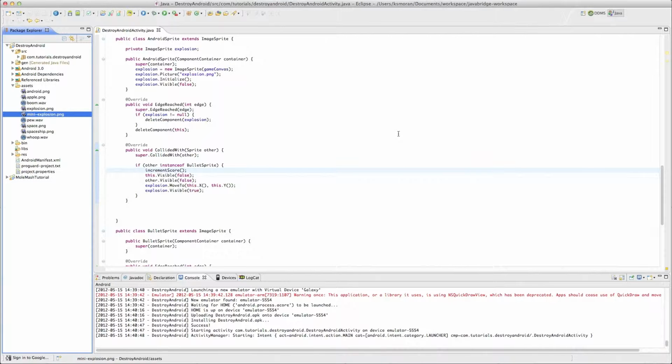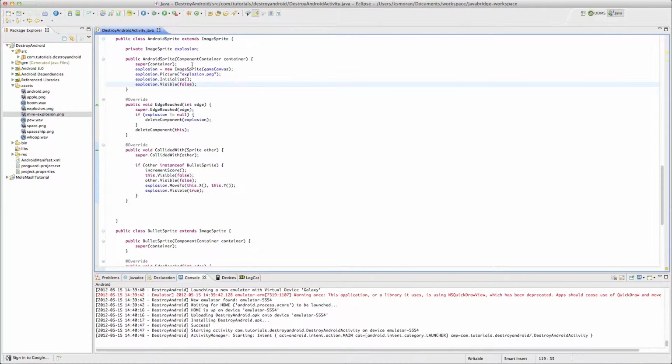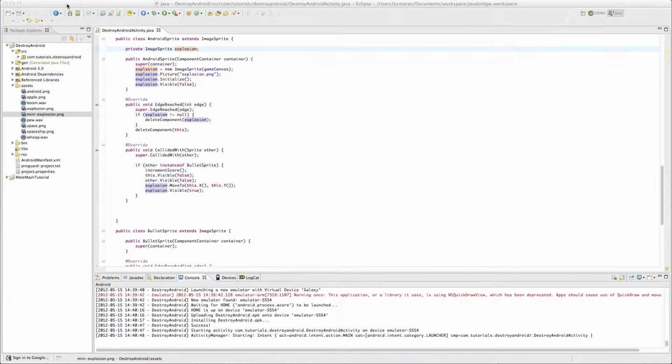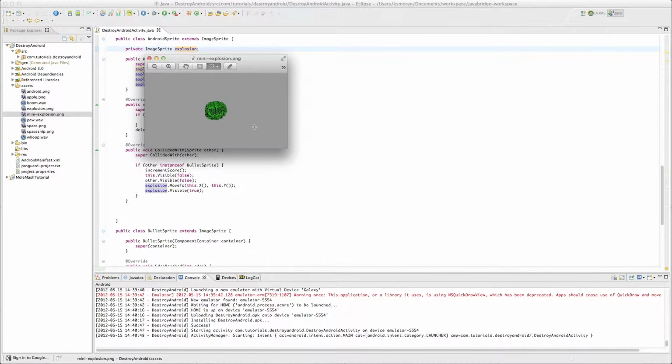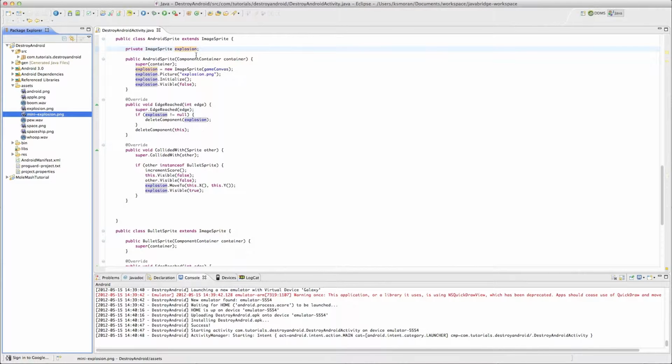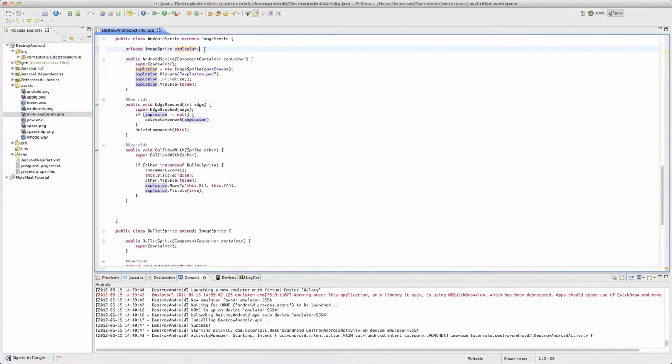This is going to be a very short tutorial because it is almost the exact same thing that we did in episode 5. This time, we want it so whenever the Android guy hits our ship, a mini explosion goes off and our score is decremented by 1. So, I created this new mini explosion picture, which is basically just the explosion one tinted green and a little bit smaller. And it's going to be the exact same as our explosion for when a bullet hits the Android